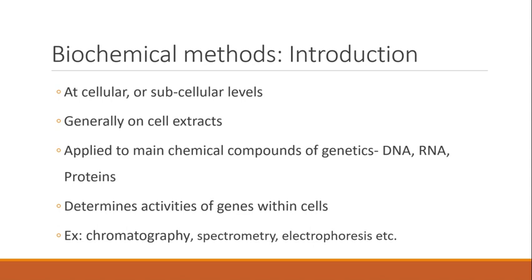Biochemical techniques are used to determine the activities of your genes within your cells, and then analyze the substrates of those activities and the products of any gene-controlled reactions. In one approach, these cells are ground up and the resulting chemicals are fractionated for further analysis. For instance, specific techniques in biochemical methods for studying genetic diseases include chromatography and electrophoresis, which are used to separate the components of proteins so that inherited differences in structures can be revealed.